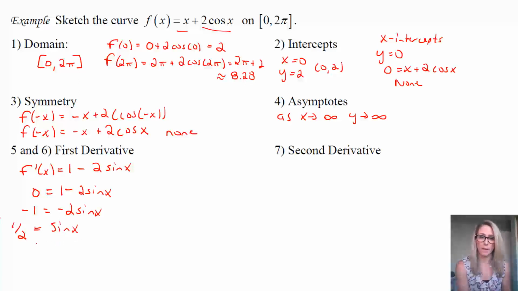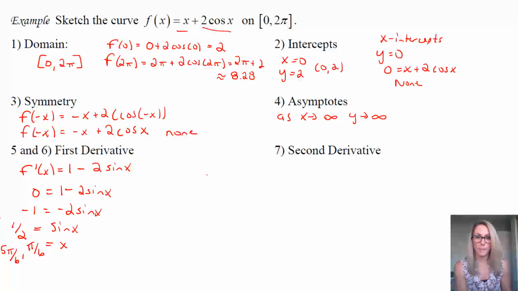So you're essentially taking the inverse sine of each side, but you have to think about that full domain, 0 to 2 pi. Where sine is positive 1/2 is going to be pi over 6 and 5 pi over 6, because that's where sine is positive. I'm doing it backwards here, but you're basically here on the unit circle and way over here on the unit circle. Between 0 and pi, you have two values.